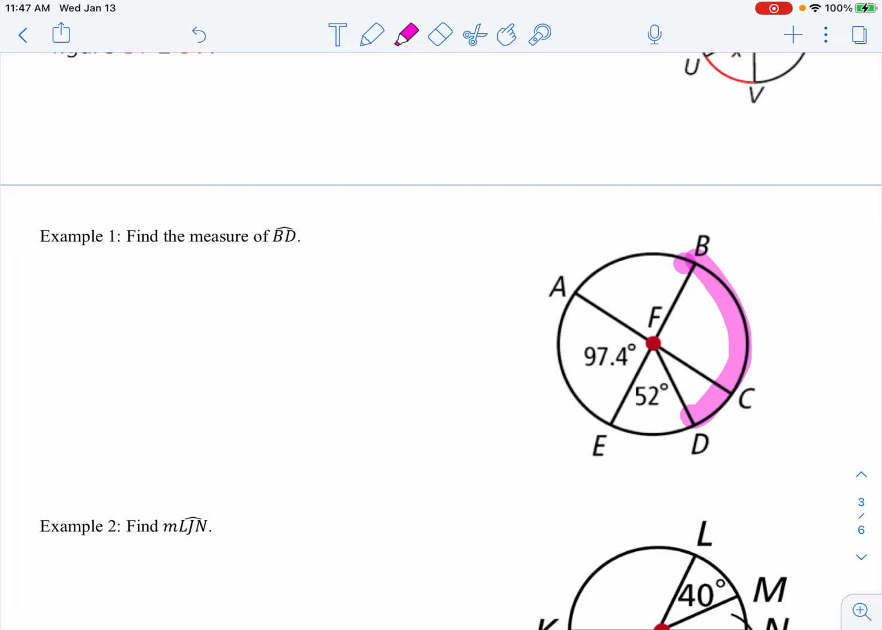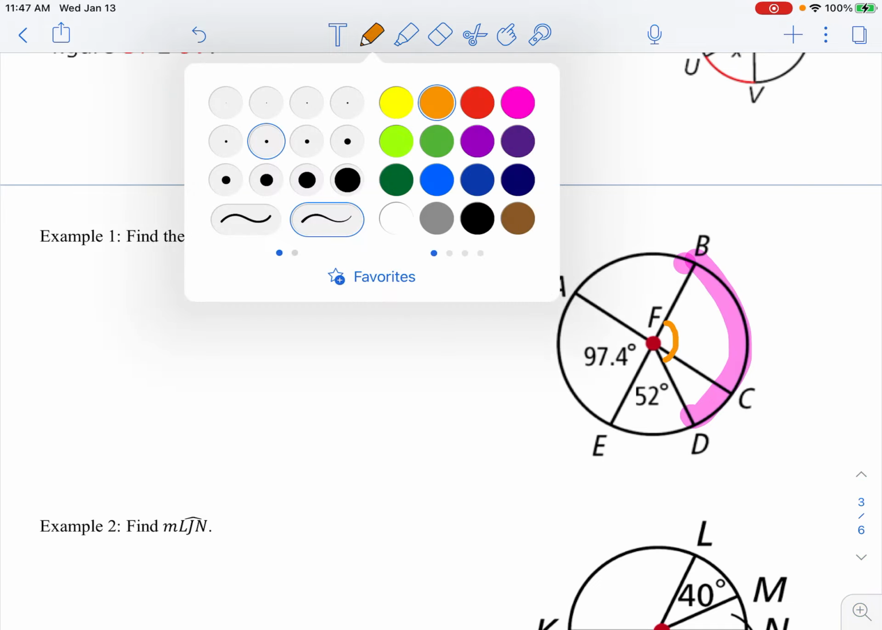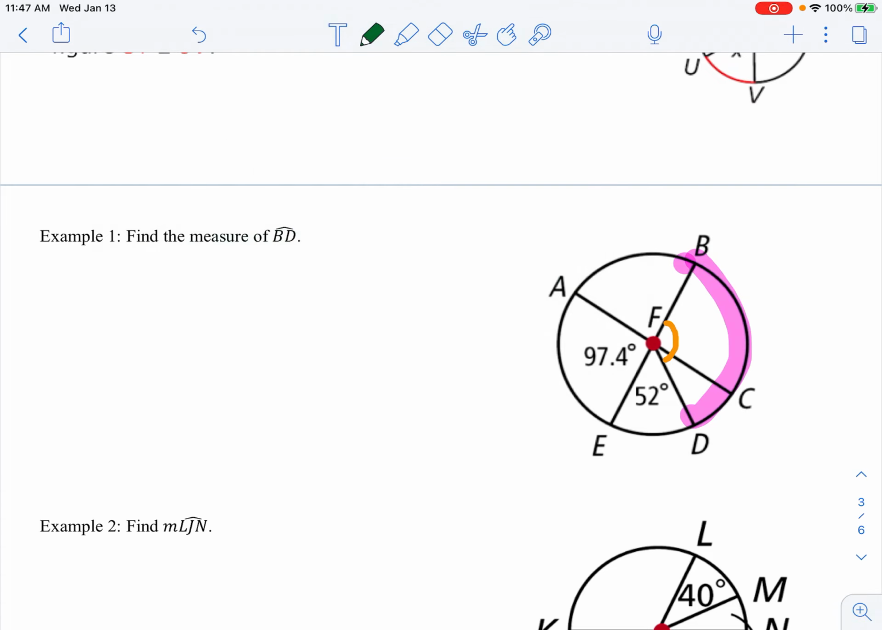All right, now what we can do is find this missing angle for these 2 combined right here, because if you look at this picture, we have a diameter that cuts this circle in half. So if I look at the right half, this whole half has to add up to 180. You'll notice they gave us 52 in there. So if I take 180 minus 52, it's going to tell us what's left for our orange piece,